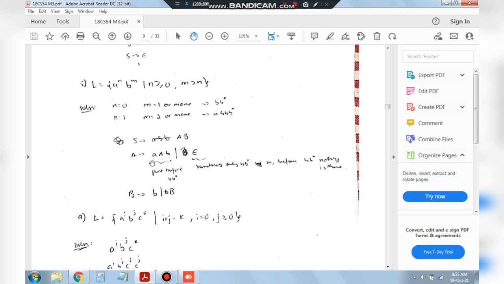So we'll do the same thing here. Here we have a starting with a and then b, and in between a continues for a. Basically what is happening here is whenever we increase an a, we have to have the b also, and after that we can have any number of b's. That's the main thing here for a. A will be distributed as a b. So whenever we get an a here, we'll be getting a b also here. So a and b are satisfied in the first part, and the b power m is satisfied by the b part here, b or b and b star, to get the extra b's.